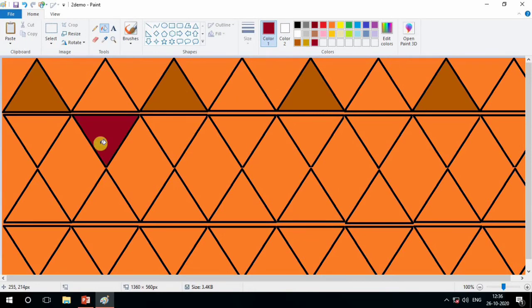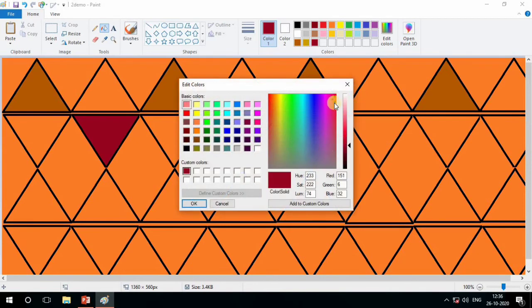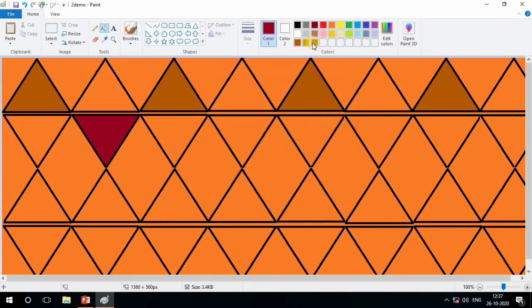See, now this color, I just edit color, choose this one shade, and from the pink shade use the custom solid color. From here I will select this, add custom color and OK, then it comes here, and by color 1 you can fill it. Now see, in the second row, what we have to do first, shapes we cannot fill the color, but in the second shape we are filling the colors.